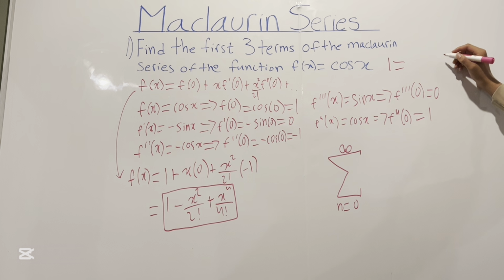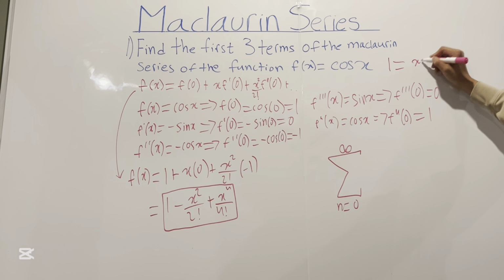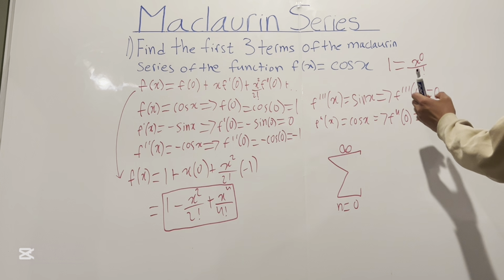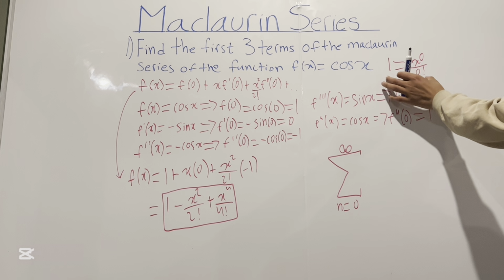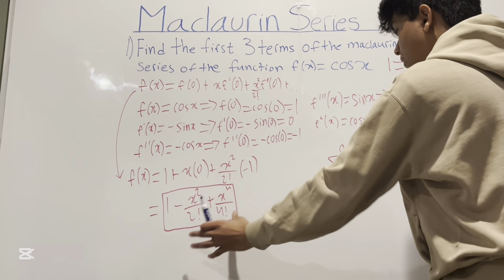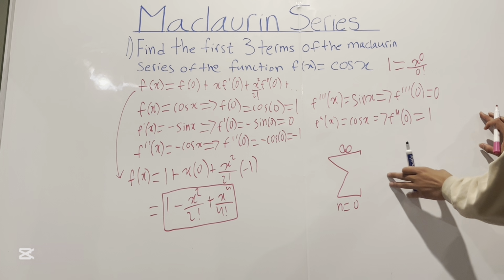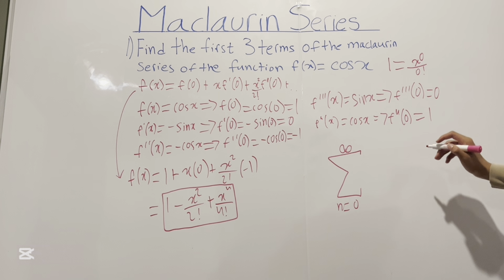1 is equal to x to the 0 divided by 0 factorial. This is equal to 1 because x to 0 is 1 and 0 factorial is also 1. So 1 over 1 is just 1. But what we did here is we manipulated the first term in order to be the same format as the second and third term. Now it's a lot simpler to find the sigma notation for the function, because we see